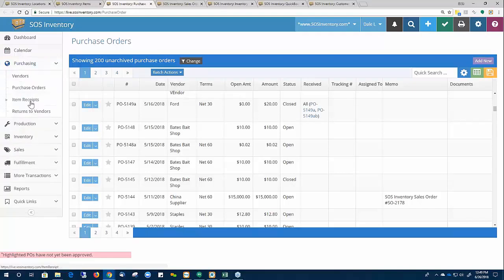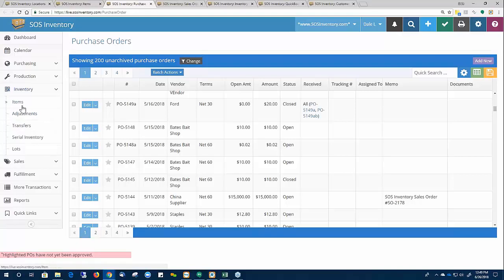So the item receipts will be on a separate list. You can always go back there. We do have the ability to return items to vendors and do a vendor credit memo, so that's pretty easy in that respect. The other things I didn't talk about with the inventory items, this is where you'd go to